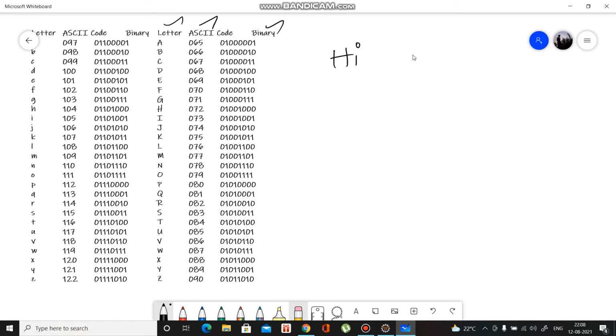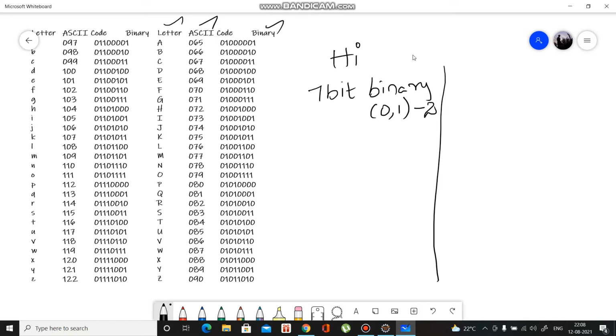To find the binary code, there are two methods: one is using the power system, and another is using the division method. The first one is a 7-bit binary code system. Binary means zeros and ones, so it's 2.